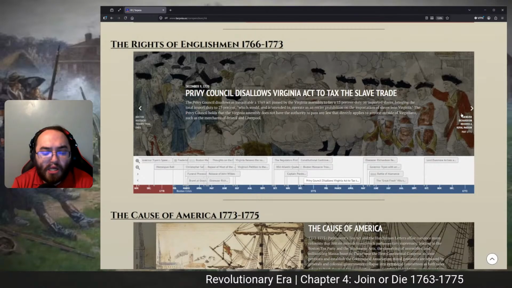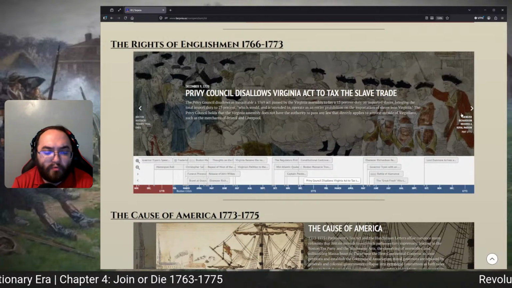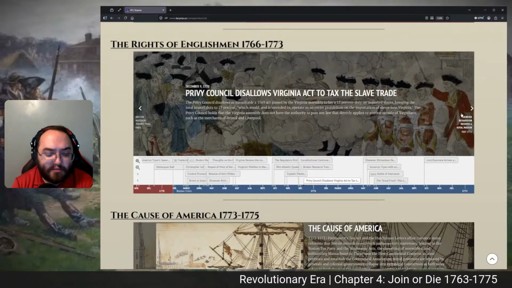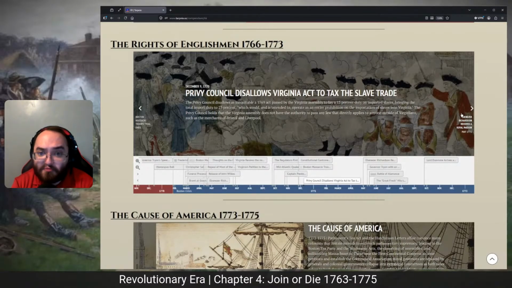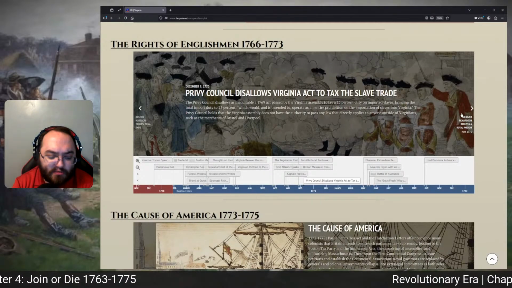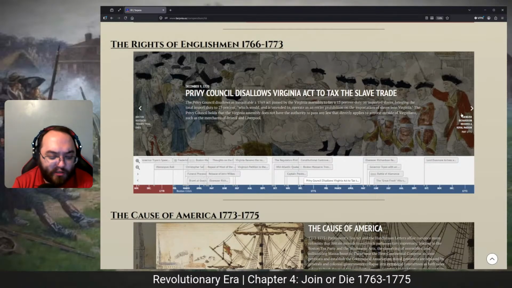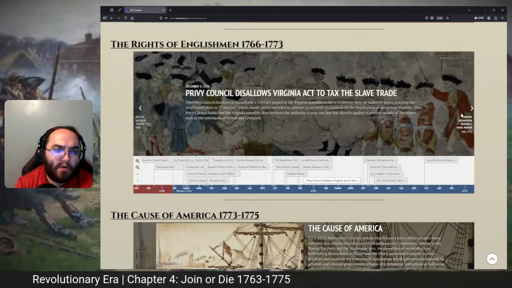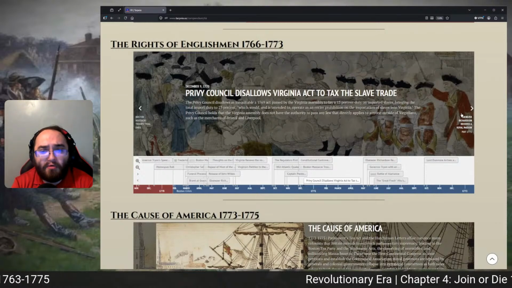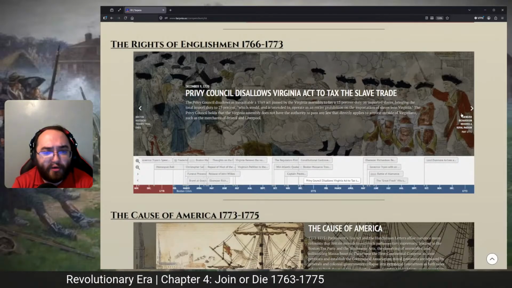And so this is an example of what would be mentioned in the draft of the Declaration of Independence, written by Thomas Jefferson, a Virginian, of the king and Parliament forcing Virginia as a colony and forcing the other colonies to accept the slave trade. And so a lot of people on YouTube, or a lot of historians and educators, when they read that part of the Declaration of Independence, the draft, where it talks about the king forcing slavery upon the colonies,